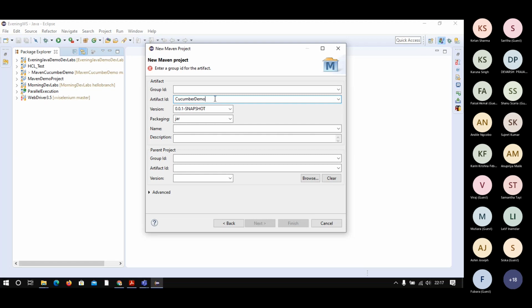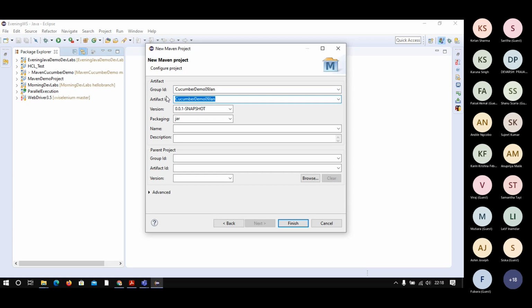And today is something, 9th Jan. Same name you can copy here. Then you can give the group ID. Group ID is basically the package name. If you are familiar with Java, by default you can keep it in small letters or you can keep it the same. It doesn't matter because it is related to the build. So as of now, you can just ignore the group ID part.